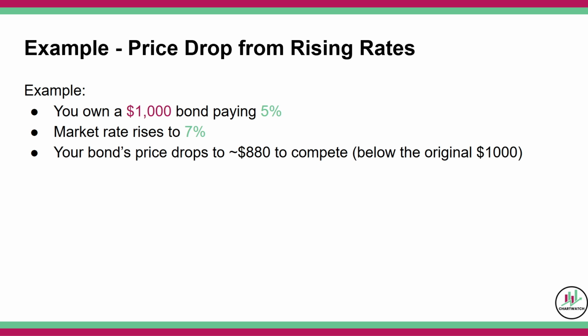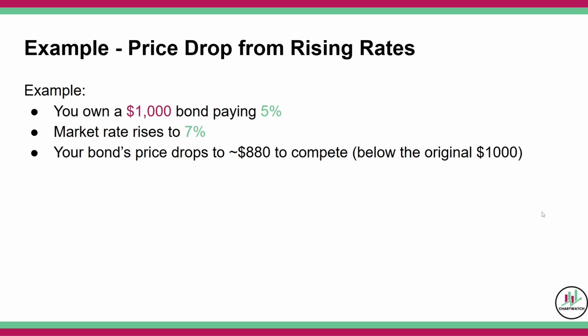So let's say my $1,000 bond, I could sell it for roughly, I don't know, $880. So that $50 interest equals the same effective yield as the newer bond. Since I'm selling it for a lower price, over time, even though I'm getting 5% interest, it ends up balancing out. So this is how bonds are priced in the market. Obviously, it's more accurate than just $880, it's more to the decimal. But it's not changing the coupon, it's changing the price.